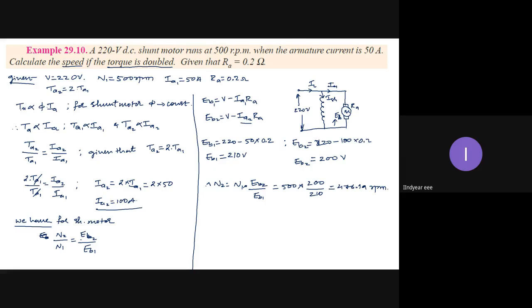So please don't take these numericals as only some mathematics where you substitute using some formula and get some result. No. If you study this subject in that way, you will fail in understanding the subject. So this is my concern when you solve the examples. Examples are the best tools to understand a particular concept or a particular machine, especially in this case, machine. Any doubts? If no, then we will move to the next example.